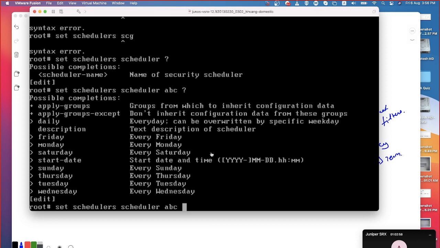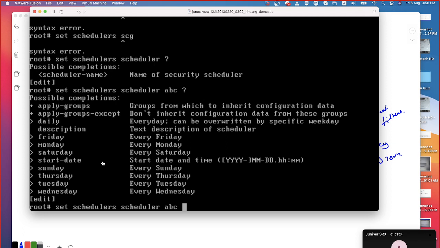I have the choice of saying a recurring one. I can also say an exact absolute time schedule. See, only on Monday, only on Friday, if you want to do it, you can do it. You can also say daily or on weekdays. I can also go and say start date and then end date. I can also combine both of them.